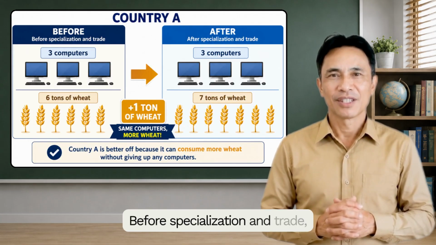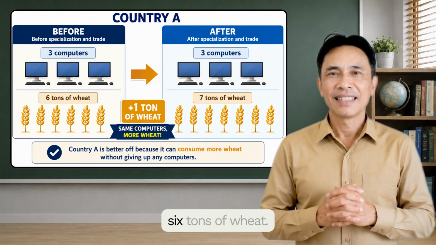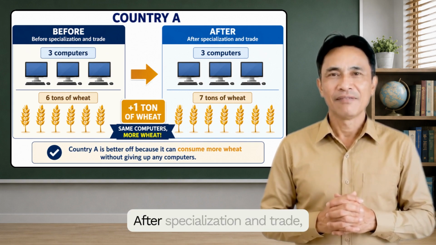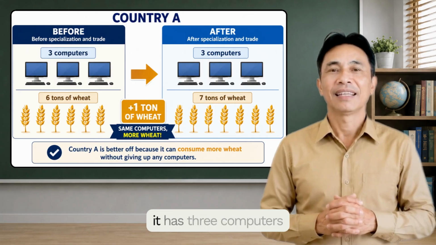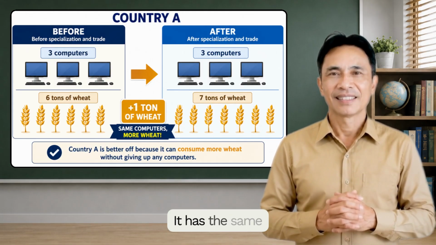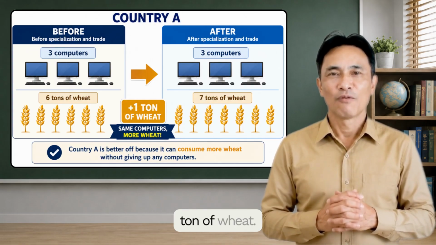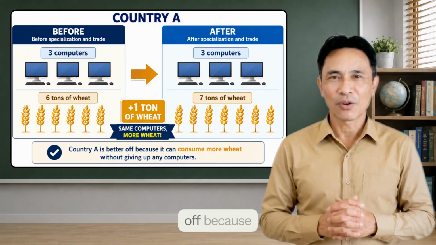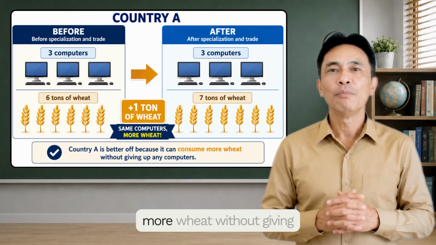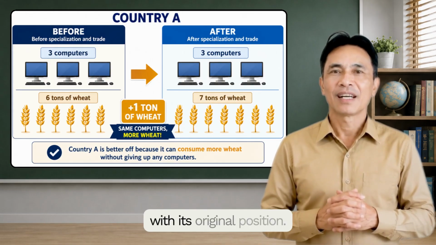Before specialization and trade, country A had 3 computers and 6 tons of wheat. After specialization and trade, it has 3 computers and 7 tons of wheat. It has the same number of computers, but 1 additional ton of wheat. Country A is better off because it can consume more wheat without giving up any computers compared with its original